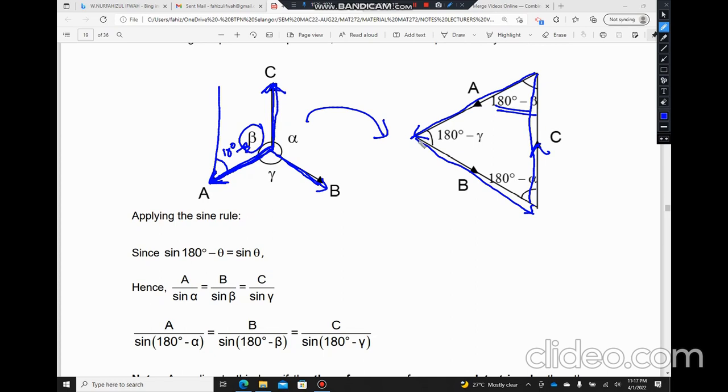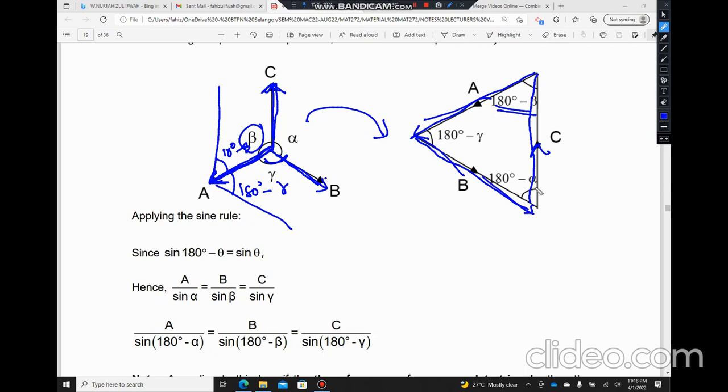Okay, then another one sama juga. Bila kita sambung B ke bawah ni, kalau kat sini lambda, dia akan jadi 180 minus lambda. So this one between A and B. And then last one between C and B, dia ada alpha, so